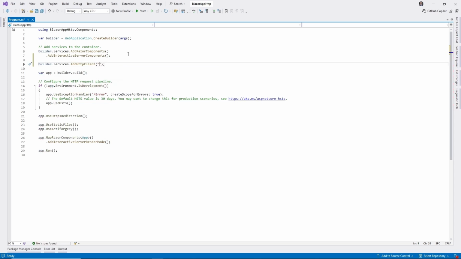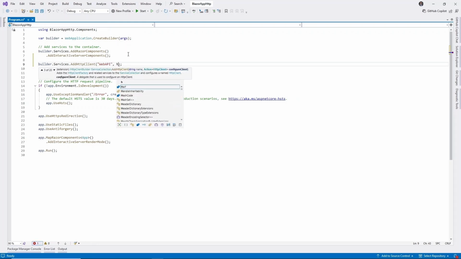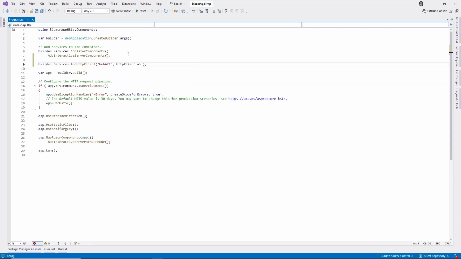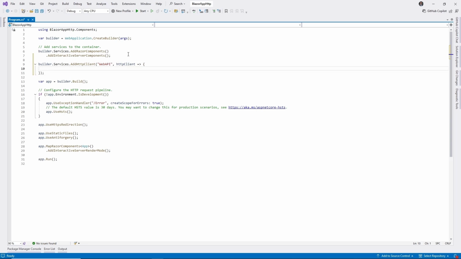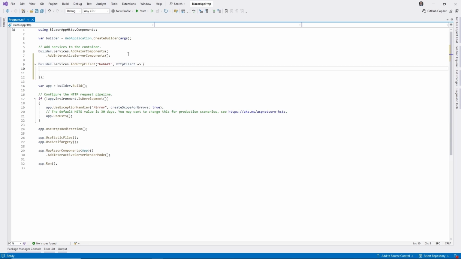First parameter is name. Let's name it Web API. HTTP client, set base address, HTTP client dot base address